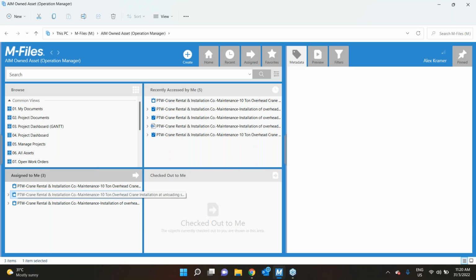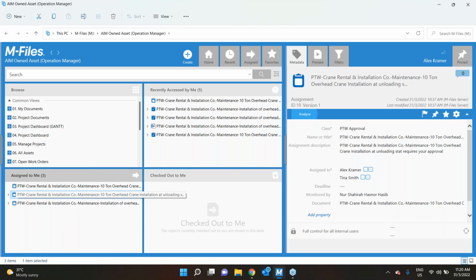When the operation manager receives this permit to work assignment, he will be required to review the assignment and the permit to work, which he can find by expanding this assignment.